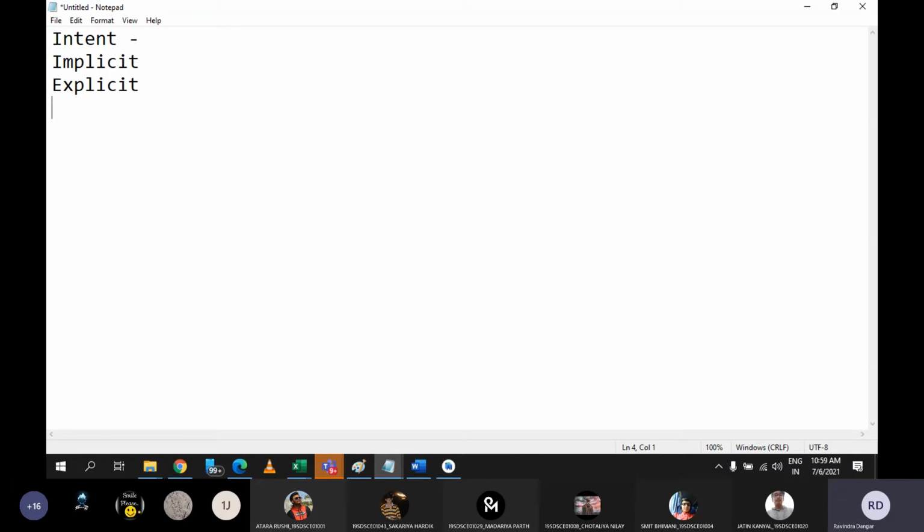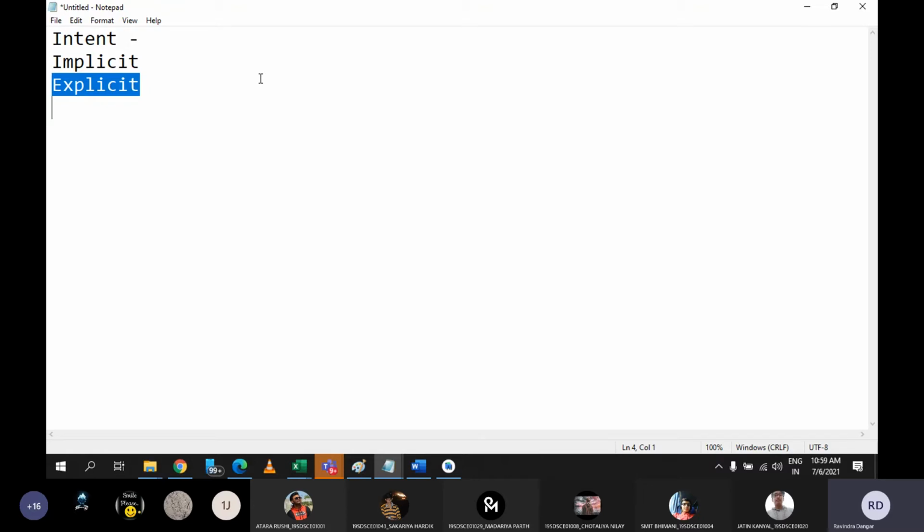Using intent you can navigate from one activity to another activity, you can pass your information or data from one activity to another activity, everything you can do. And mainly there are two types. First one is implicit, second one is explicit. In case of explicit intent, generally we are switching from one activity to another activity, where the activities are made by the user, activities are implemented by the user.